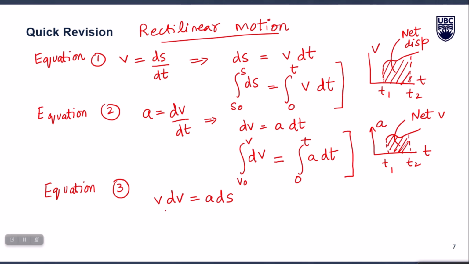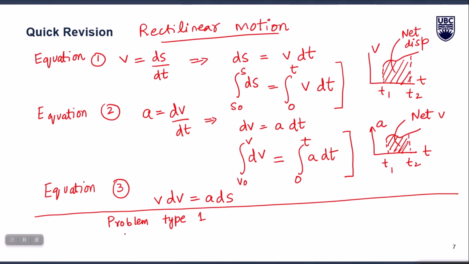And now we were at a stage where we were discussing different ways of applying these three equations to different types of problems, right? The first type of problem was when we are already given the s versus t relationship, right? So let me just separate that part out, and now we will be applying these three equations to different problems. We already discussed and solved one problem of type 1. So let me call it problem type 1,